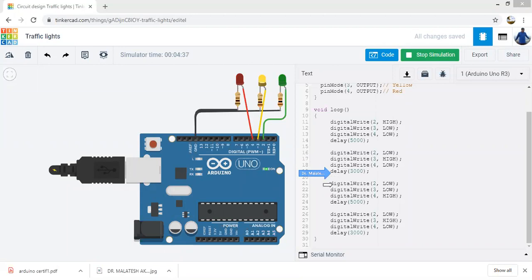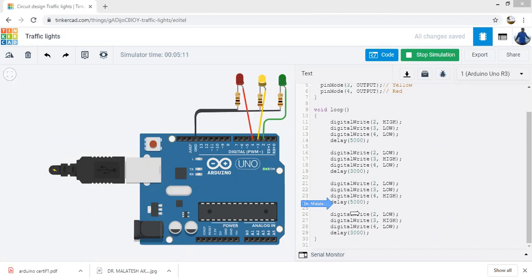Next block: green is low, yellow is low, red is on. This will be for 5 seconds, 5000 milliseconds, which is nothing but 5 seconds. And again from here, red is on now, and the green should be on later, but in between the yellow should be on for a short period, as in real-time traffic light conditions.